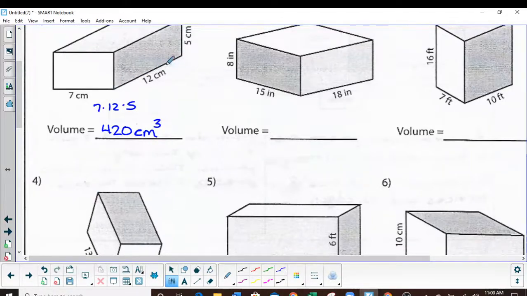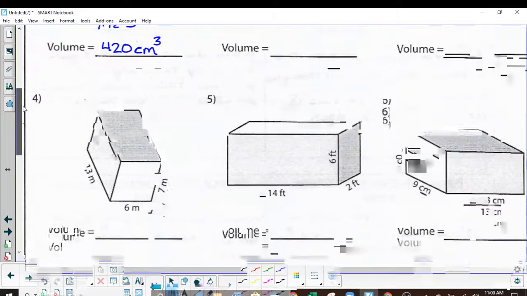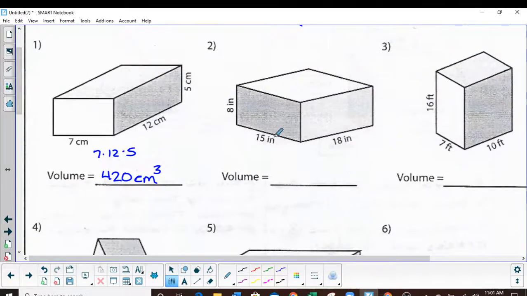Okay, that's how easy these are. They're just multiplying the three numbers. I'm just going to do 1 through 3, and I'll leave those others for you to practice with. Over here, all I'm going to do is take 8, multiply it by 15, and multiply that by 18. All at the same time, I get